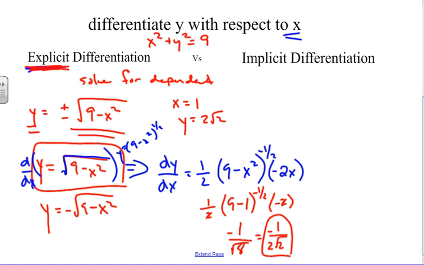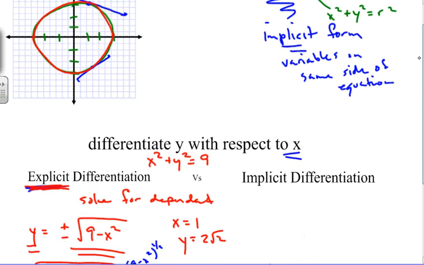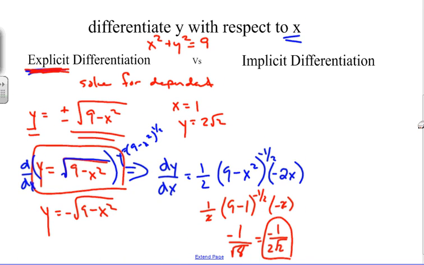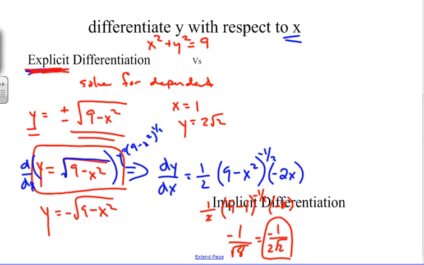Now, that is how you can solve this explicitly. One thing that's bad about explicit equations is that, especially when you have circles, you possibly can have 2 different equations that will give you a circle, which is kind of bad. To make this easier, what we could do is actually solve this